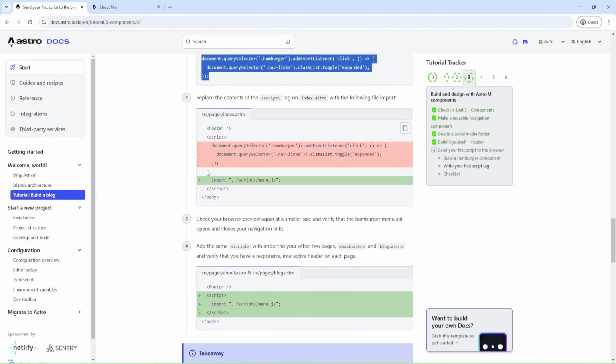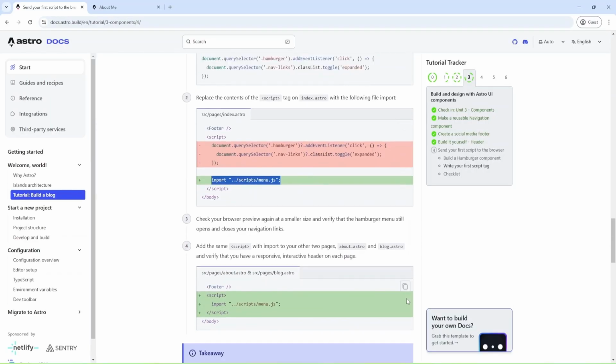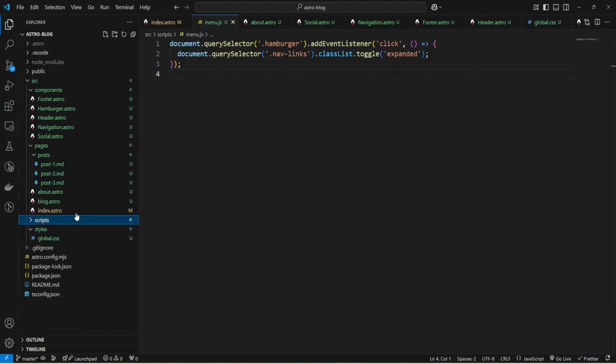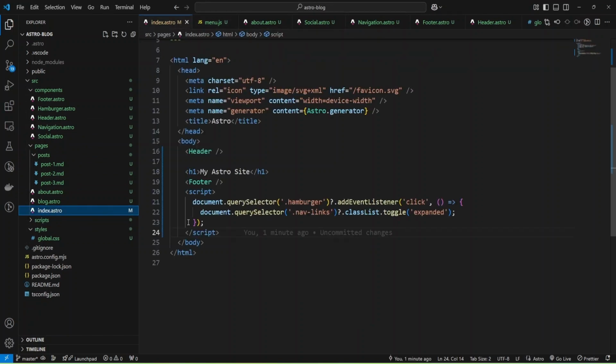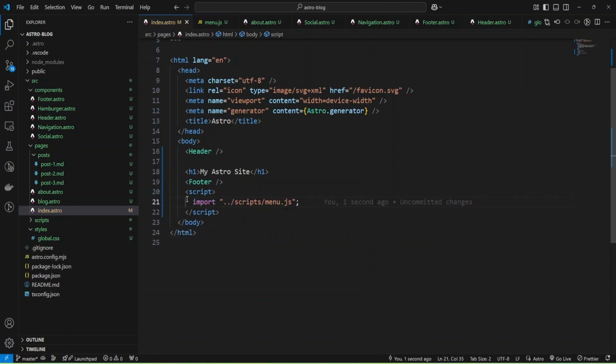Okay, and now we can import our file. Let me change the index file, and I believe we need the same for about.